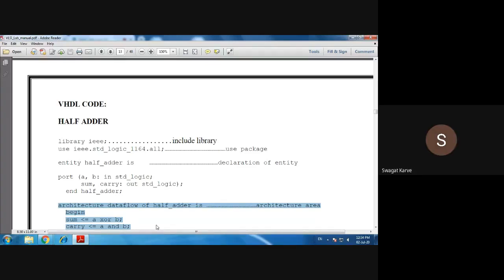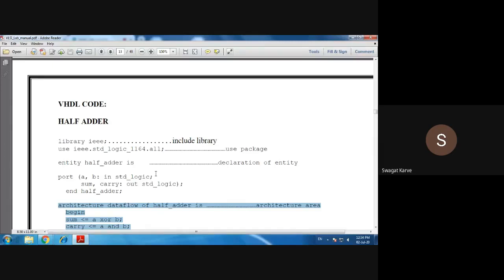Very right. Why? Because here the Boolean expressions for sum and carry, whatever we have derived from the K map, we have mentioned here, and wherever you find such a Boolean expression, blindly you can say it is a data flow style of modeling.